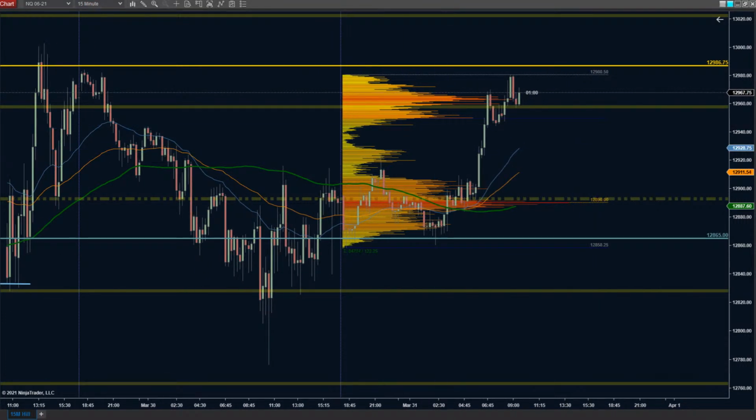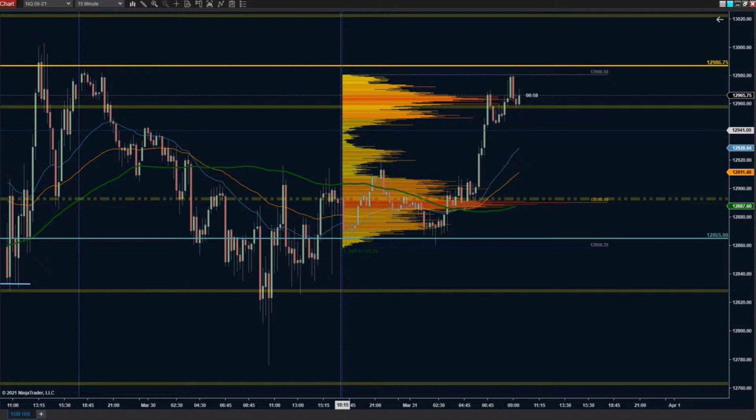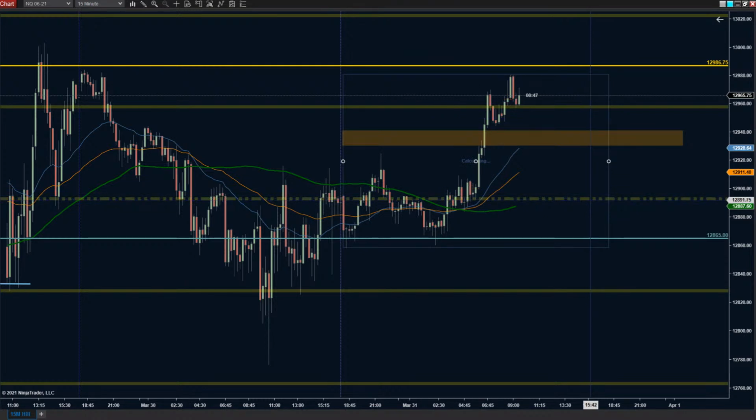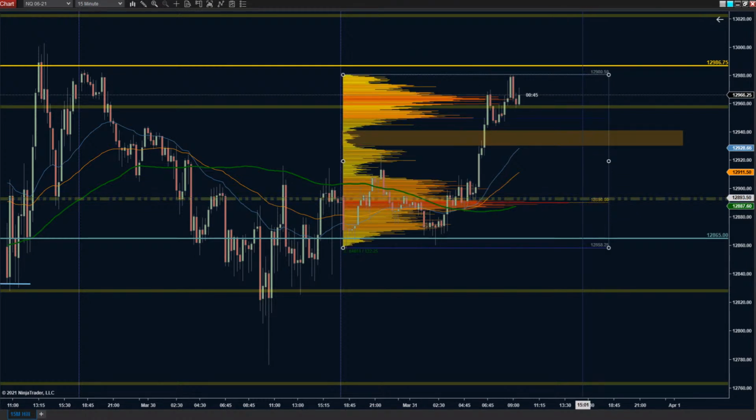Fairly obvious that there's a gigantic VVP resting right back here that would love to get filled in on the open. And that's where longs are going to be looking to step in, by the way, that 12,930 area on those dips. If we can close the settlement, then the 12,890s will be interesting as well, but that VVP zone is going to be really nice.